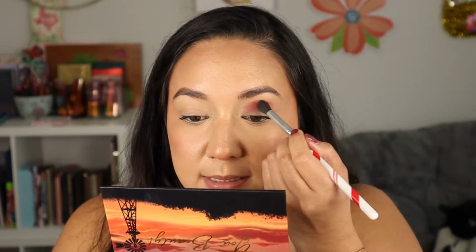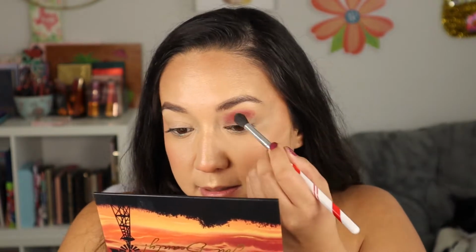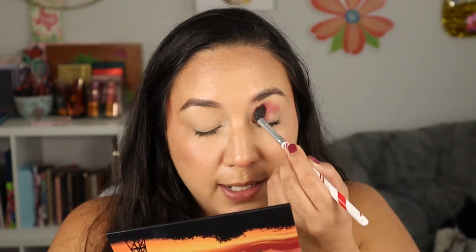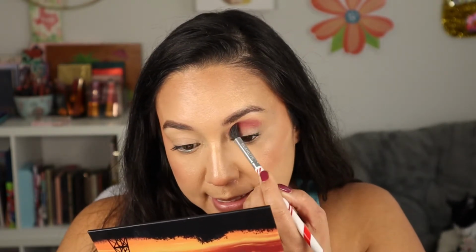But anyways, oh, that is very nice. It's a more sheer, kind of like burgundy red color. It looks like more red in the pan than what it's translating on the eyes, but I am kind of shearing it out with a fluffy brush, so that could be it. So I want to take a smaller fluffy blending brush, clean that off, and I'm going to use this one,